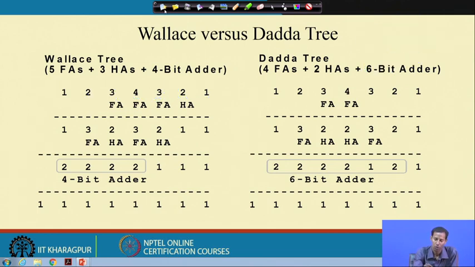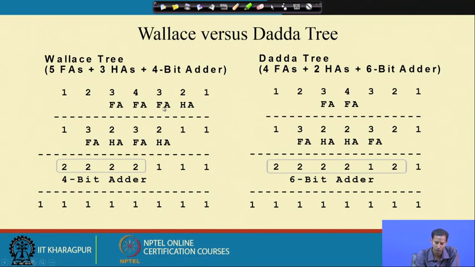Okay. So, now whenever I consider these 2 numbers to add, at that time I need one half adder over here, for 3 I need one full adder, for 4 I need one full adder, for 3 I need one full adder. After that this will produce the carry over at this 4th stage, and this will forward the carry to this stage and this will forward the carry to this stage.